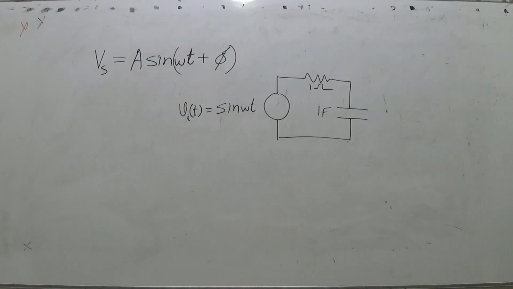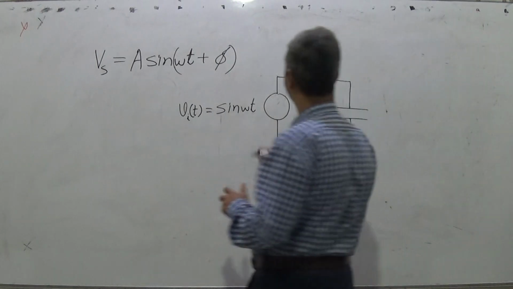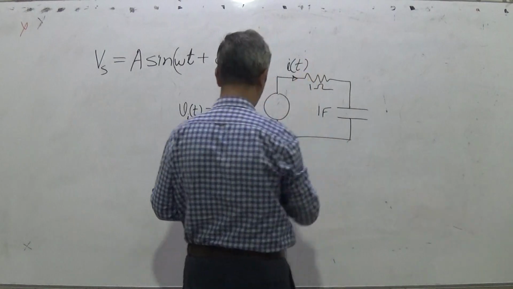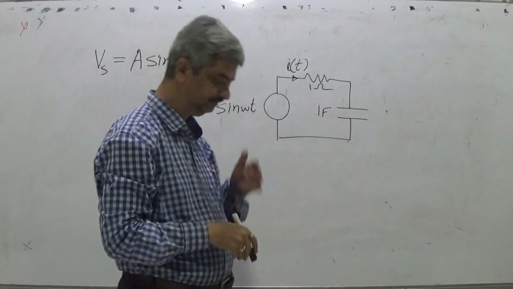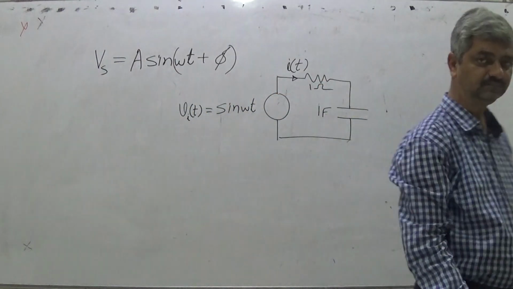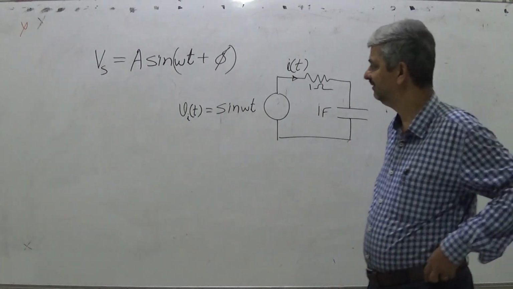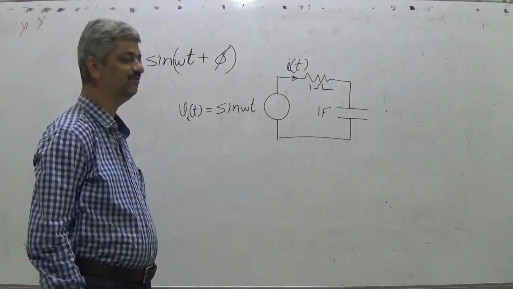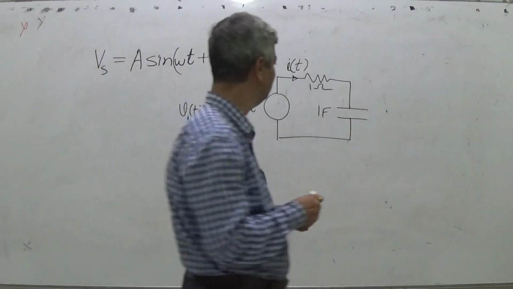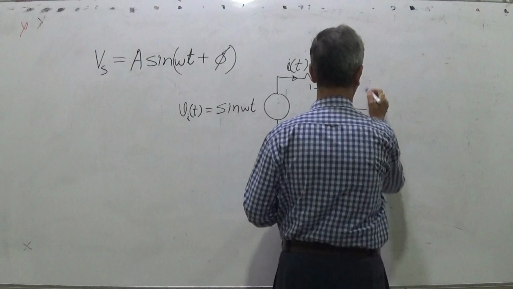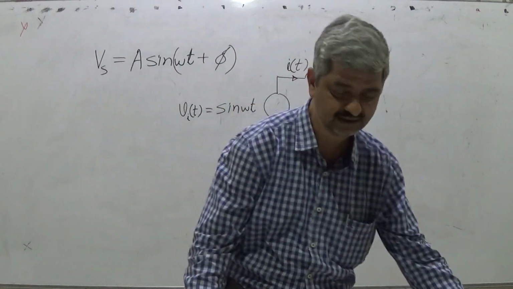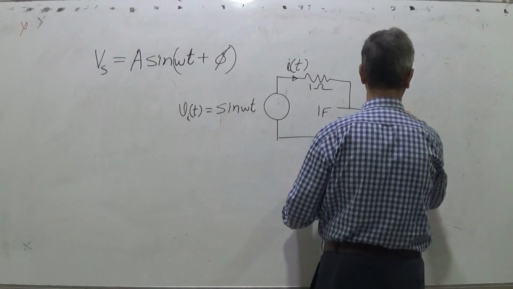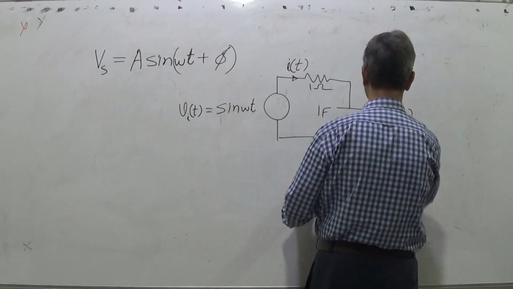So this is my popular example of an RC circuit where I start with 1 farad and 1 ohm resistance, and the task is simple: calculate i(t). So how do you proceed to calculate i(t)? And obviously there can be a second or subsequent obvious question: calculate Vout(t), where Vout(t) is